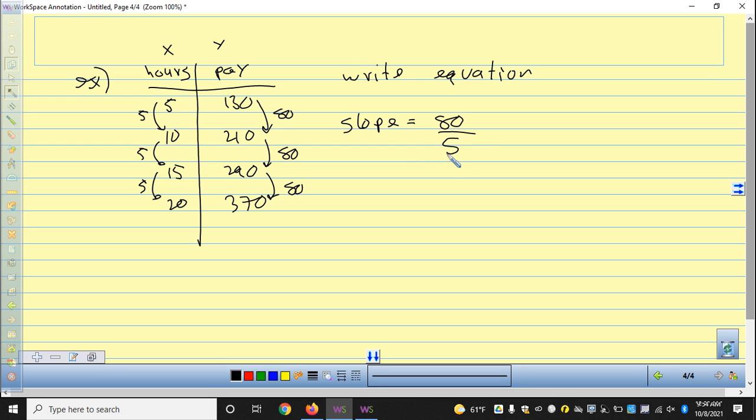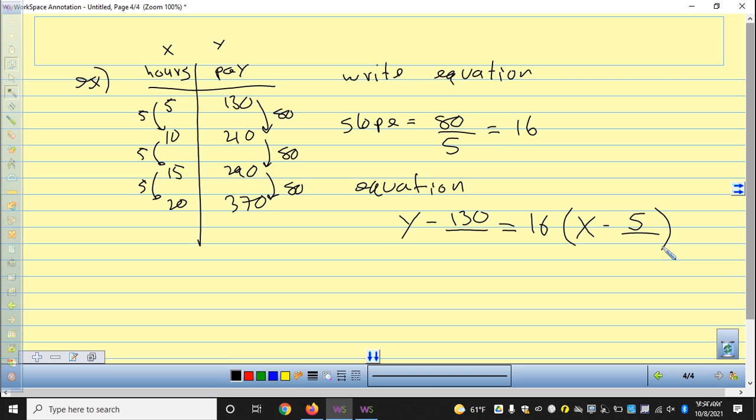So the slope is 80 over 5, which is, I think this is correct, check my arithmetic, 16. Is 80 divided by 5 16? I think so. The slope is 16. So my equation, I'm going to say y minus blank equals the slope, x minus blank. And I'm going to fill in that blank with any x and y from the table. So I can say y minus 130 equals 16 times x minus 5. There's an equation of the line. If we wanted to put it into y equals mx plus b form, I'm going to distribute here. And I would say y minus 130 equals 16 x minus